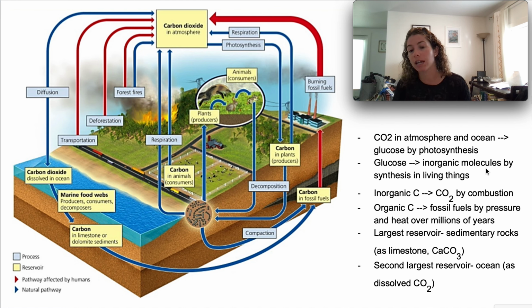Glucose is then converted into molecules by synthesis in living things, so animals can use glucose and do things with it. Organic carbon is converted to fossil fuels by pressure and heat over millions of years. It's stored as fossil fuels, and its largest reservoir is as sedimentary rock, as limestone, which makes the base for Florida, so pretty important for us. And the second largest reservoir is as dissolved carbon dioxide in the ocean. Other things,